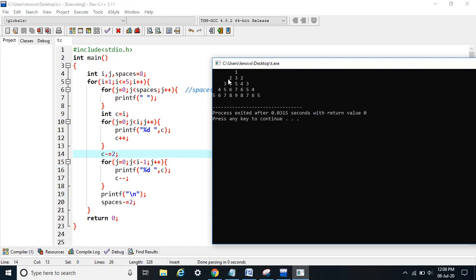Here first I will print 2 and 3. After that, value of C will become 4. When I check this condition, then we exit this loop, value of C had become 4. So when I start printing the numbers from here, the value of C would have become 4, so I need to reduce it by 2. Similarly, in third row it would have become 6, so I need to reduce it by 2. So that's why I am reducing it by 2.